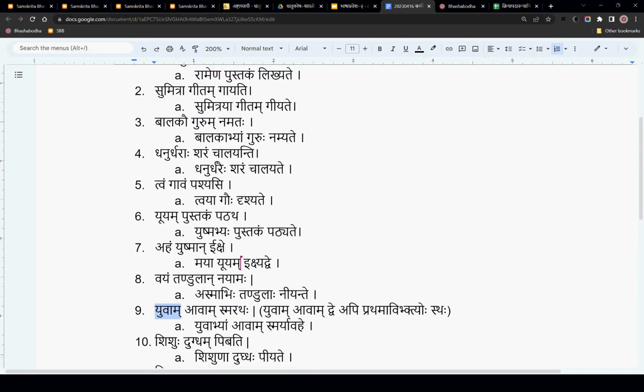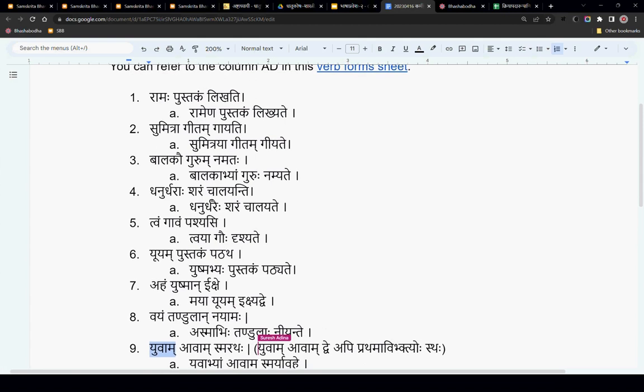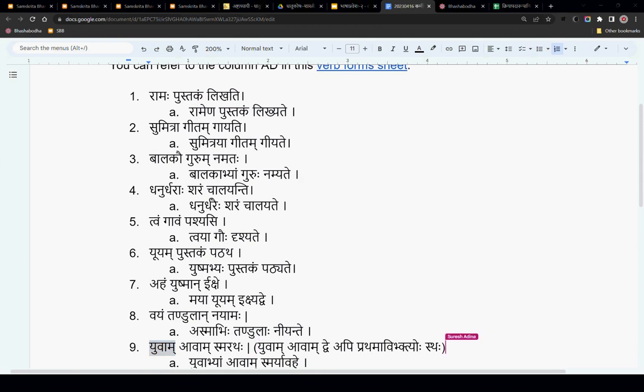And one thing which most of you are confused about here is Chalayate. Chalayanti. Dhanudharaha Sharam Chalayanti. Dhanudharaihi is okay. Sharam, you can make it Pullinga Sharaha. If it has a Napumsakalinga form, you can keep it. But the thing here is Chalayanti.